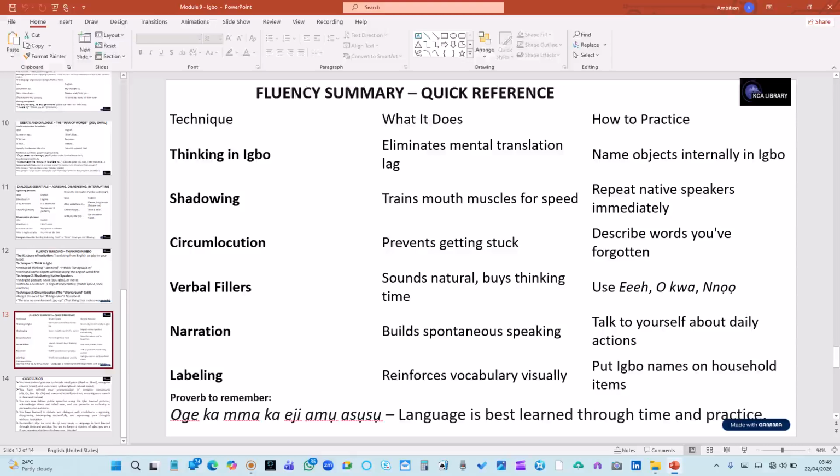Then verbal fillers sound natural and buy thinking time. Use okwaya or no. Now, narration builds spontaneous speaking. Talk to yourself about daily actions. Now, labeling reinforces vocabulary visually. Put Igbo names on household items. Then the proverb to remember: Oge ka mma ka eji amụ asụsụ, which means language is best learned through time and